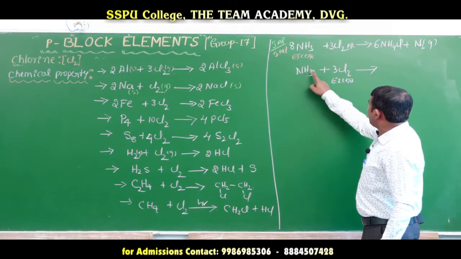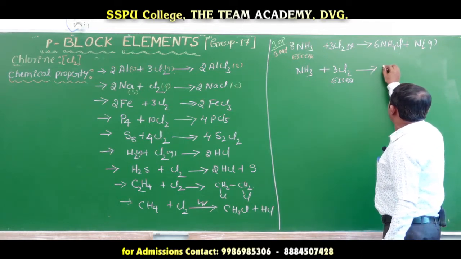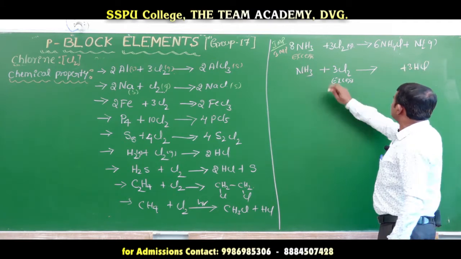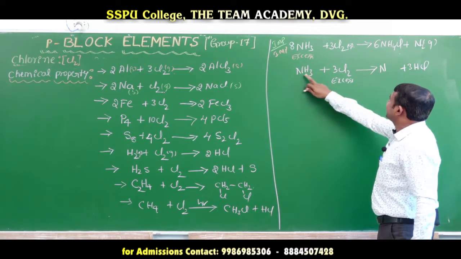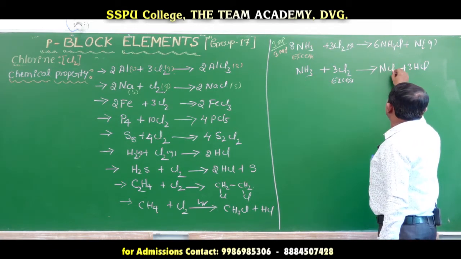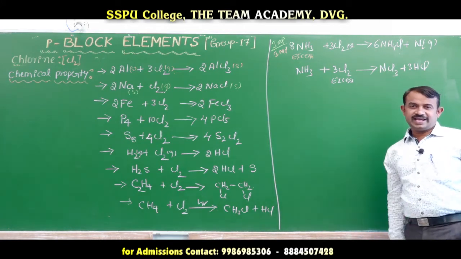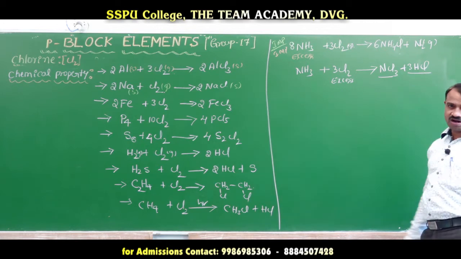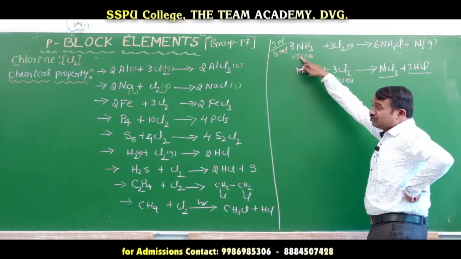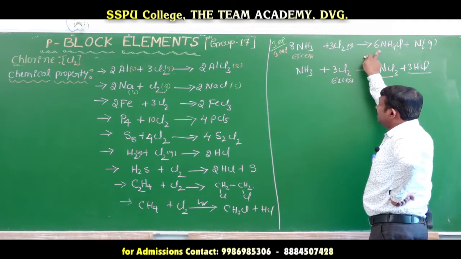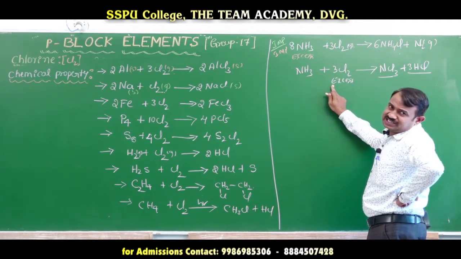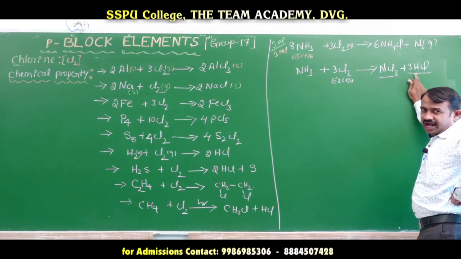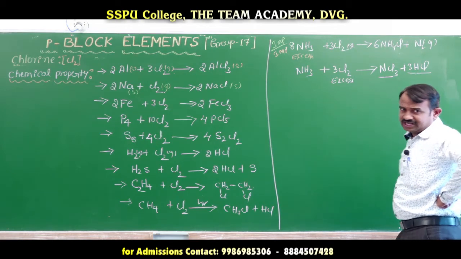to form, as many hydrogens as there are, that much chloride, 3 molecules of hydrochloric acid and NCl3. In NCl3, nitrogen has a +3 oxidation state. Sometimes they will ask to complete the reaction. With excess of ammonia we get ammonium chloride. In case of excess chlorine, we get nitrogen trichloride and hydrochloric acid. This is the important reaction.